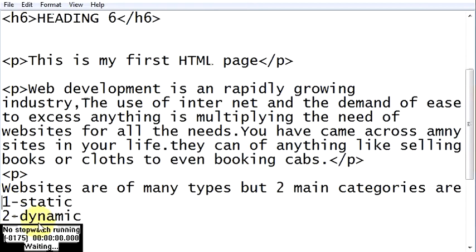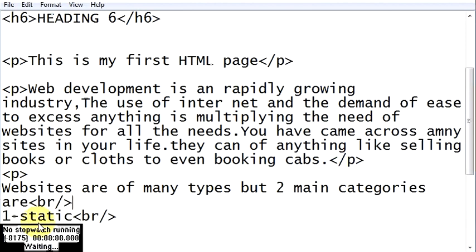We can go like this also, p and p, like this also, but the better way or the normal way how you do such a thing is by going like this. You give a break tag, that is this tag. This will break the line over here, so this will get your text down. I'll insert one more over here, or I'll remove it and I'll add it over here.